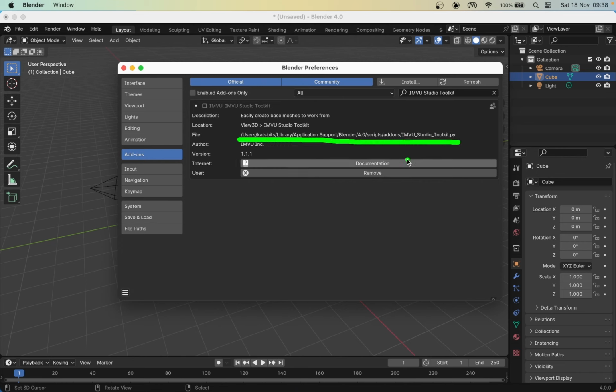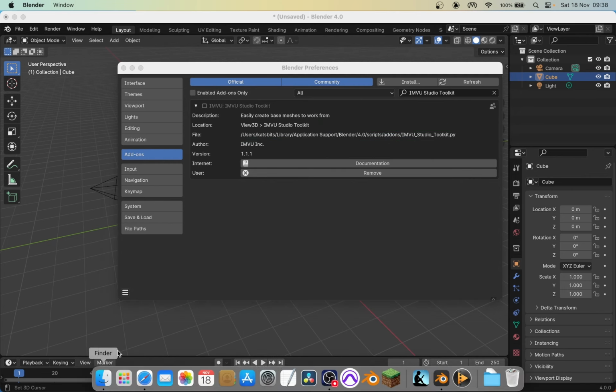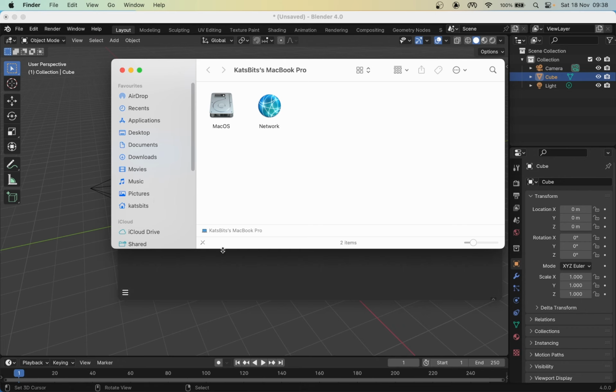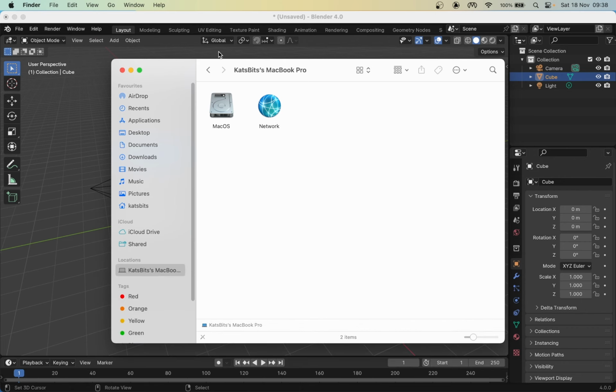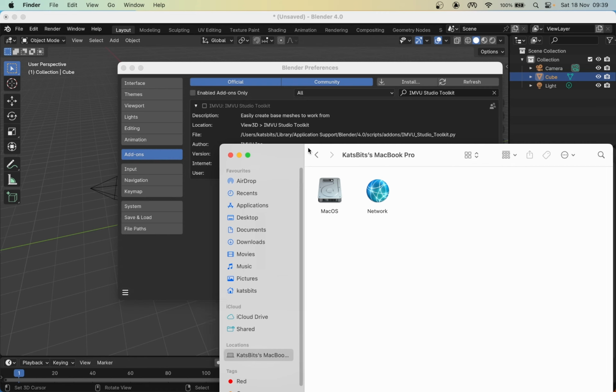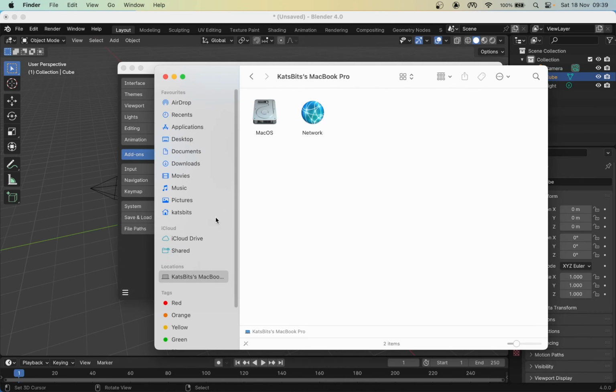So what the toolkit has done is installed the Python file, and it's essentially created this directory structure for us into which the toolkit should go. So the zip file itself. So we need to open Finder and look for this path. So in the Finder we need to browse to that file path. So user, catch bits in this case,